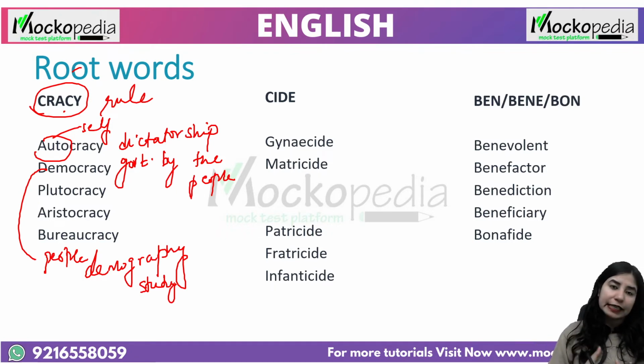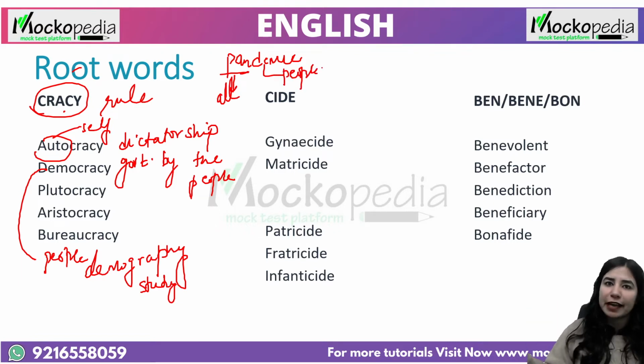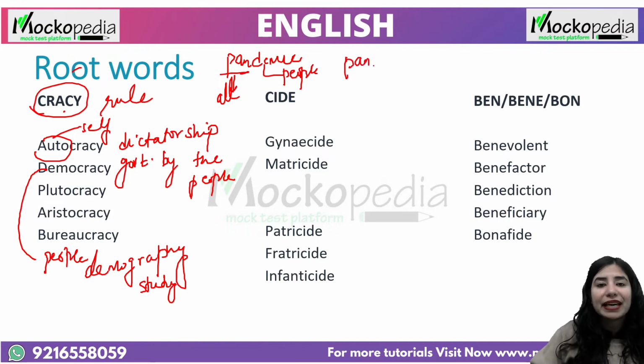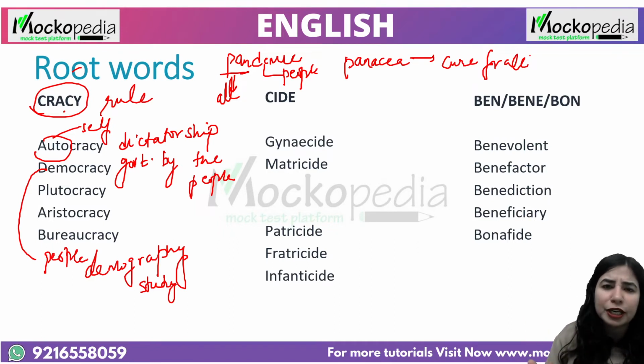That's demography, right? Then there is epidemic, pandemic. I'm sure you must have heard the term pandemic, with corona everybody knows this word. You see, pan stands for all and dem stands for people, so pandemic is a disease which has affected everybody. Logical, isn't it? Now there is another word, panacea. Panacea is a cure for all, a medicine or a remedy that cures everything. It's a hypothetical concept.